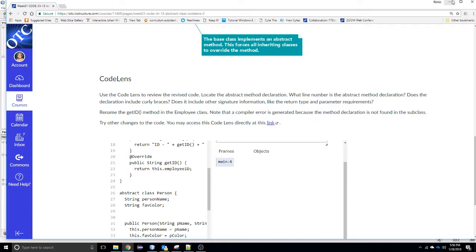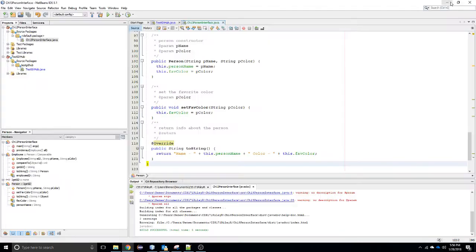Now, as a last step, you might want to copy this code into the CodeLens visualizer and run it so that you can see how that interface is implemented. It does a really neat job of showing you how the array is created. I'll let you do that on your own. For now,